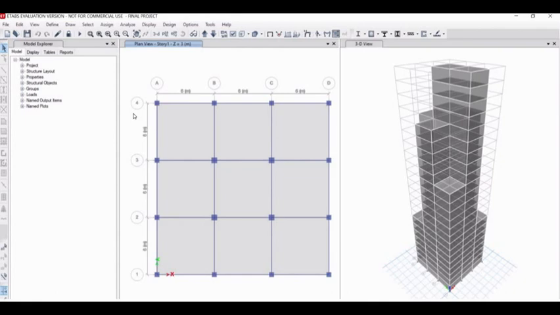We are now going to work on SAFE software, SAFE 2016, and for this project we will make the foundation of the building we have made earlier. In my earlier videos you can see how I did this building design and analyzed it, and all the things are done, and it is logged here. Now we are going to make the foundation of the same building. For this we have some data of this building, which I will explain how you can get.